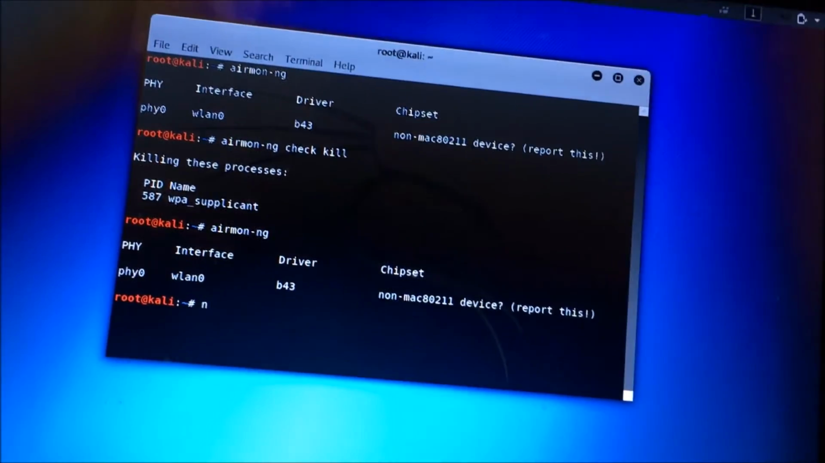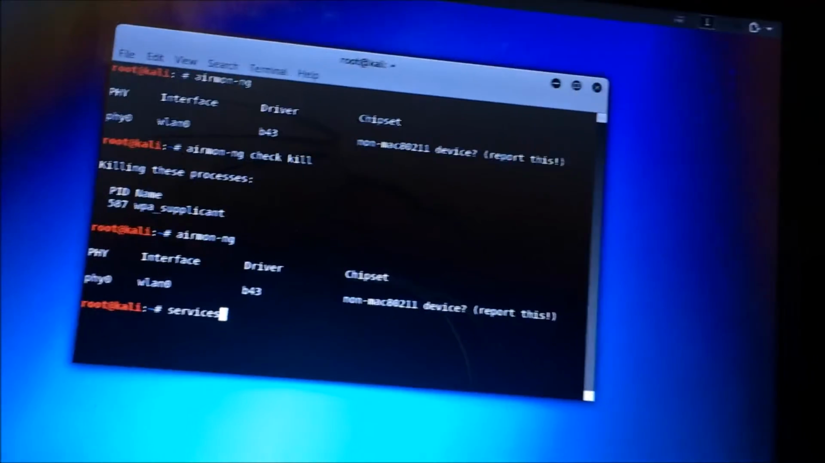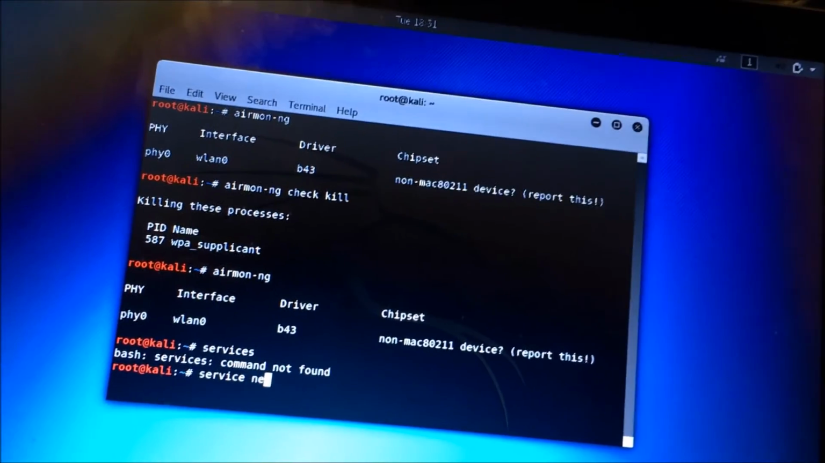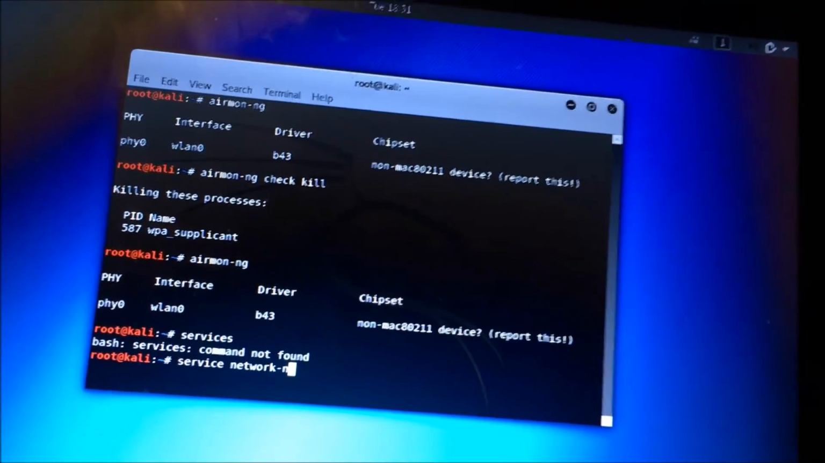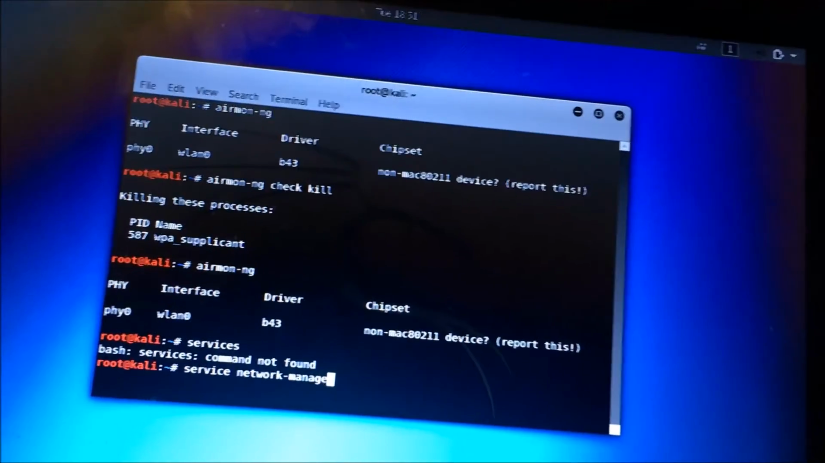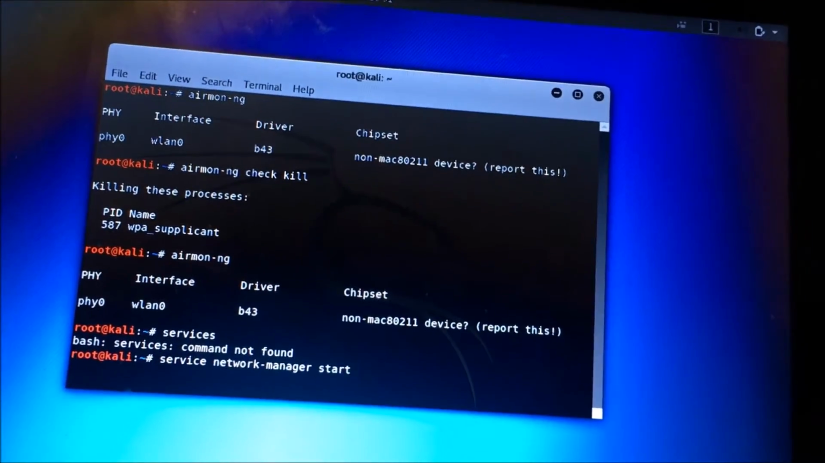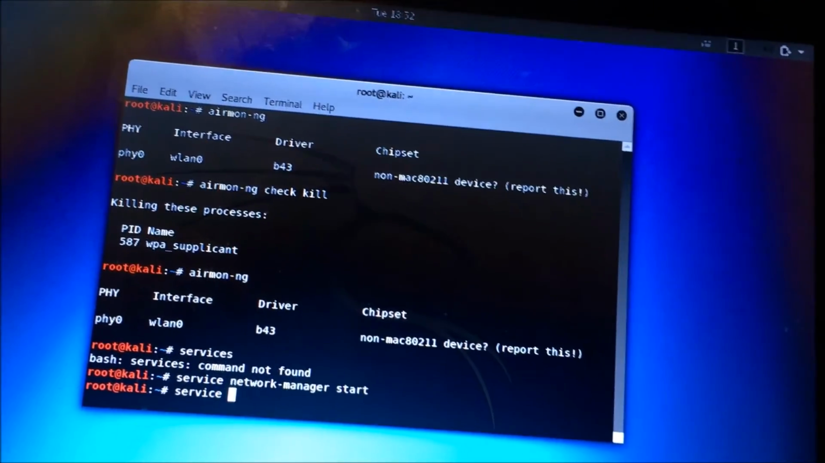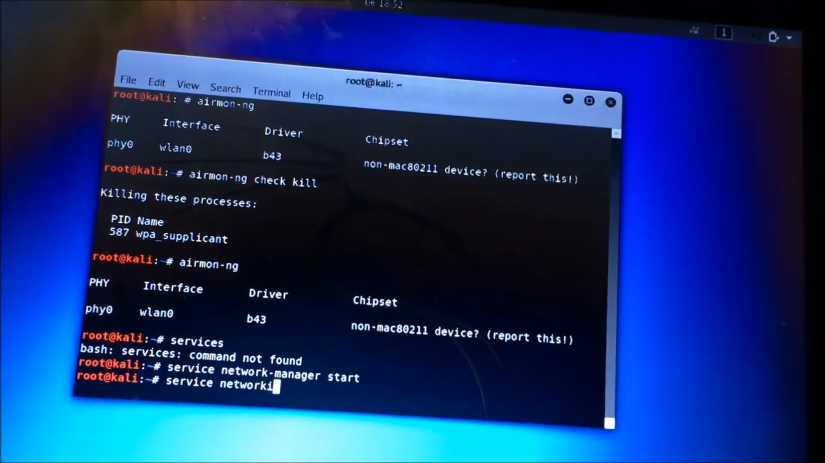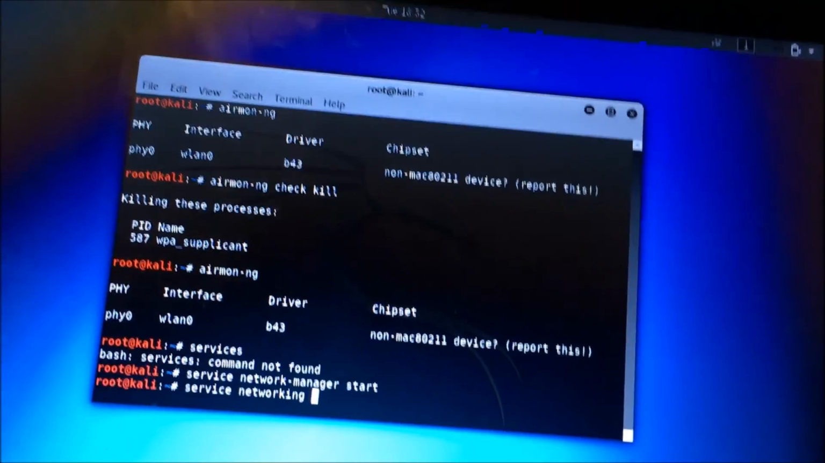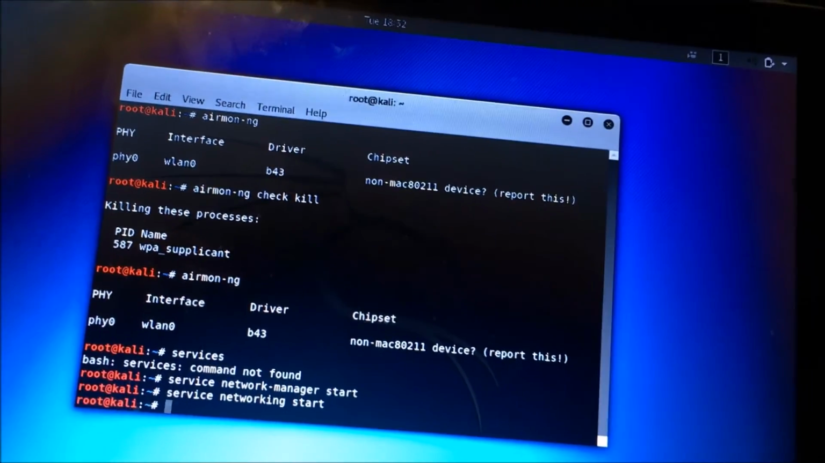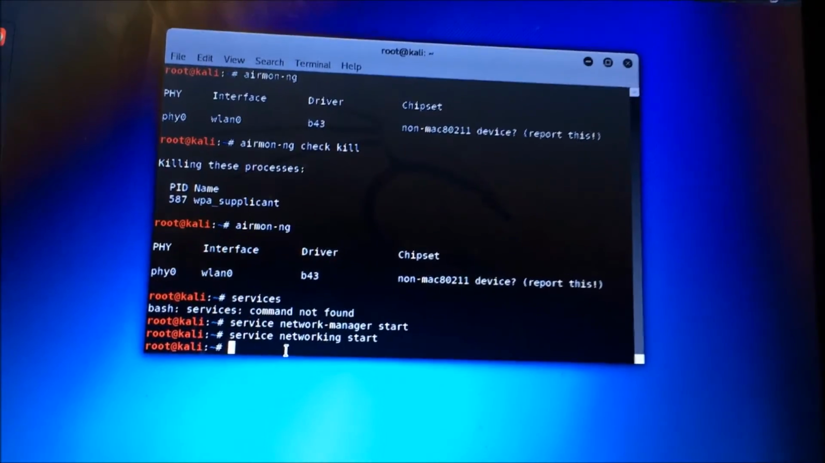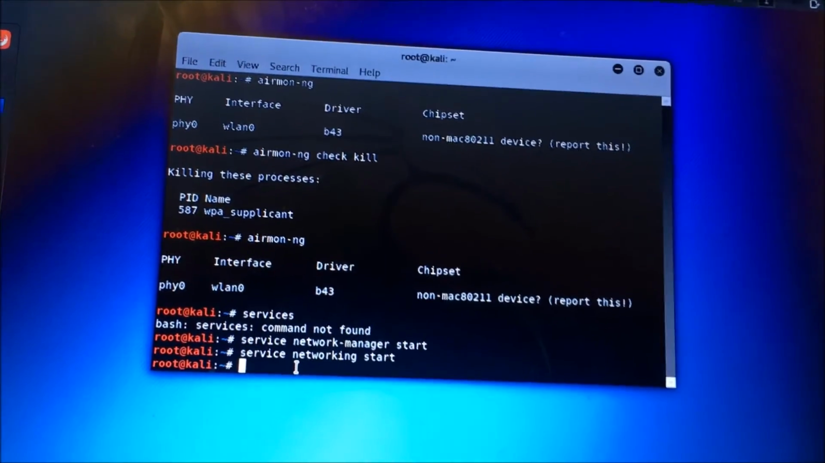So, service network-manager start. Now service networking start, and that should restart the Wi-Fi. See, it's right back there. And there are other ways to do it as well, but I'm talking about if you use